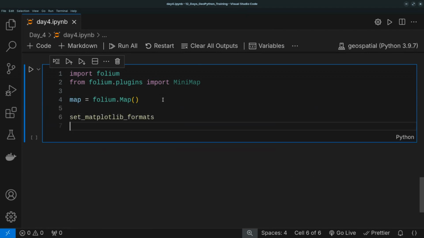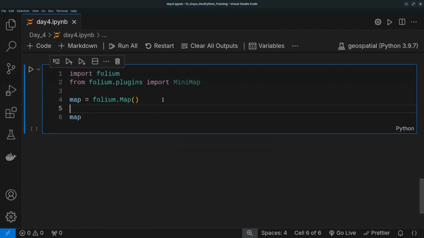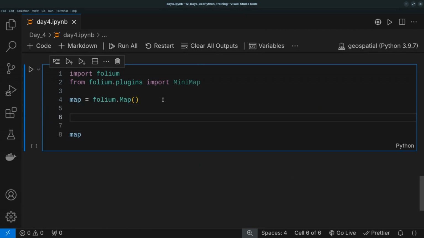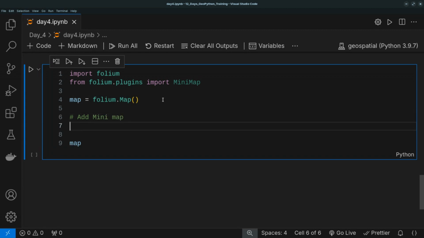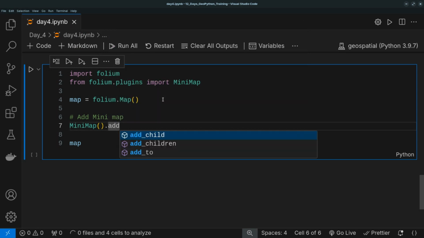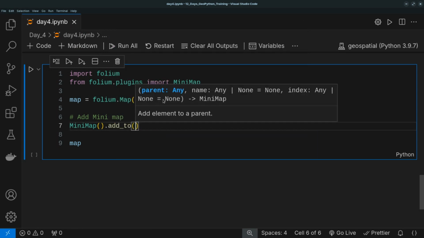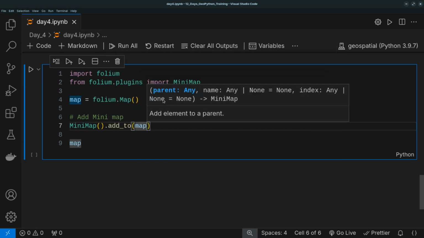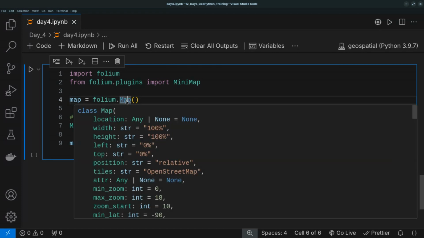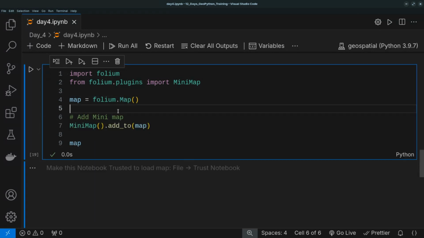And in between here, I can add my mini map. What I do to add mini map is just to say MiniMap dot add_to, and then I add it to the map. It's as simple as that. So when I run it, okay,